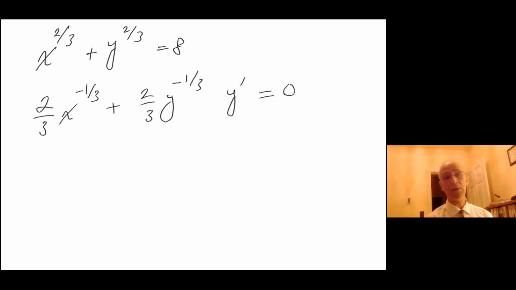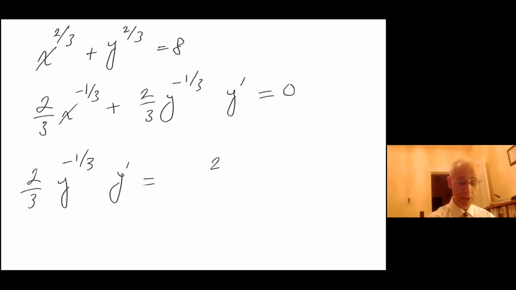So rearranging to solve for y prime, I get 2/3 y to the -1/3 y prime equals minus 2/3